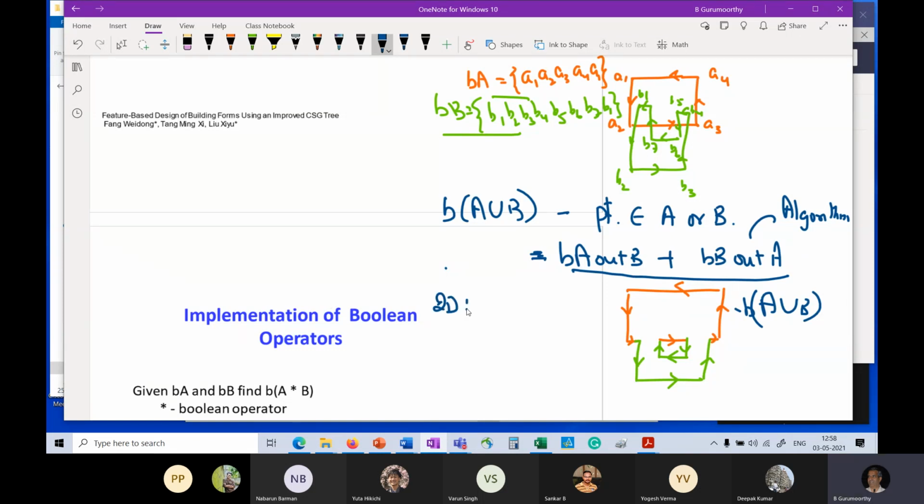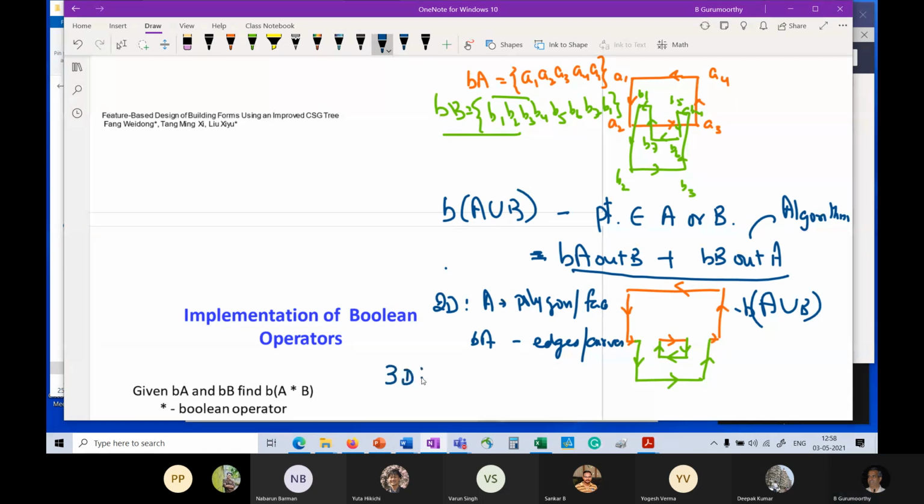Right? Oh, sorry, 1 second. Okay, I think I'll just cover this and then we will stop. In 2D, right, my set A is a polygon, or a face, right? That's my set. The set is this whole face or the whole polygon. Boundary of A is nothing but a set of edges, or I have not covered it here right now, but they could be curves as well. Right?